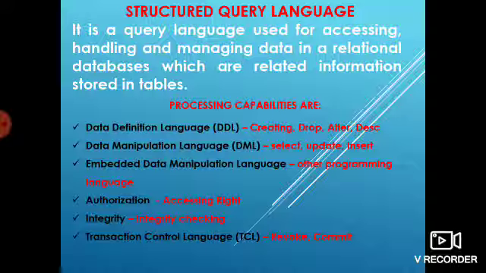Next one is integrity. Integrity is a kind of checking. Like in a table, if the column is made for marks and the marks should not go more than 30, this kind of checking restriction can be done with the help of integrity. Last one is your transaction control language, that is called TCL, means one complete unit of work will be handled by commands like revoke, commit, which come under TCL.